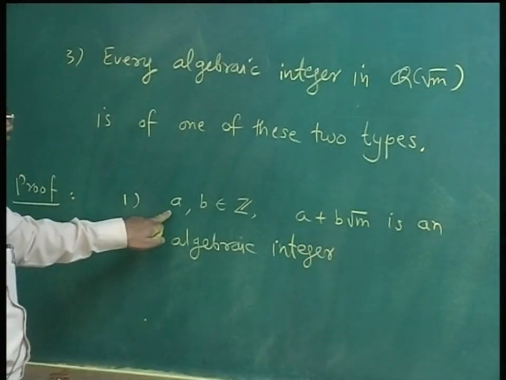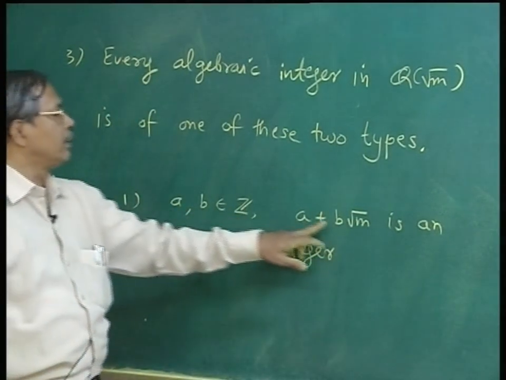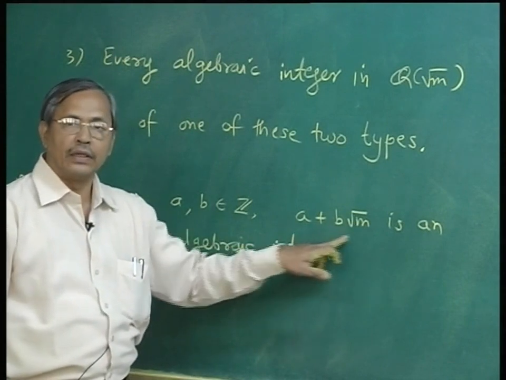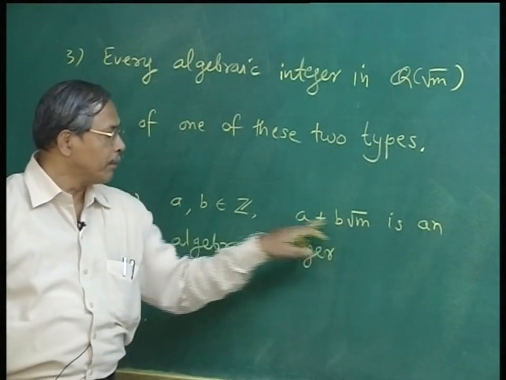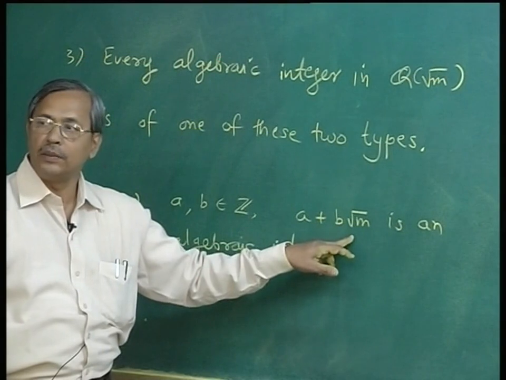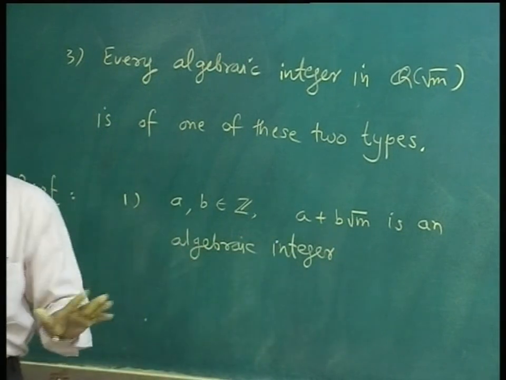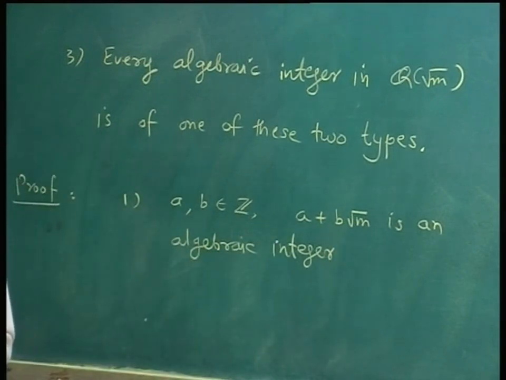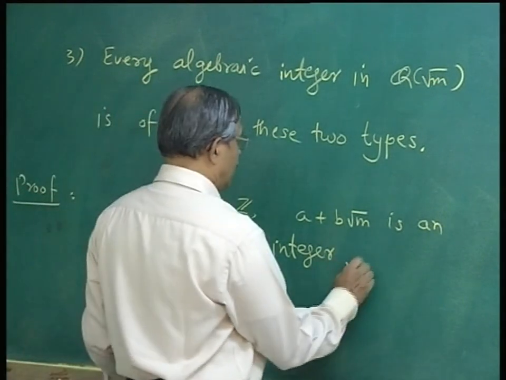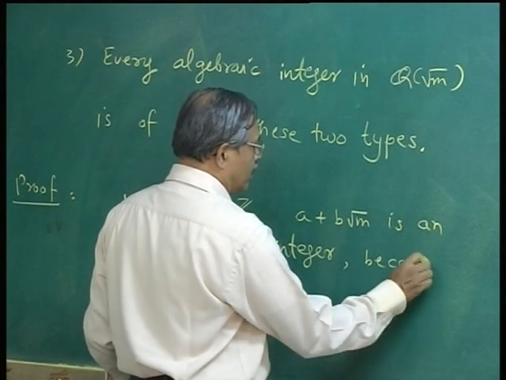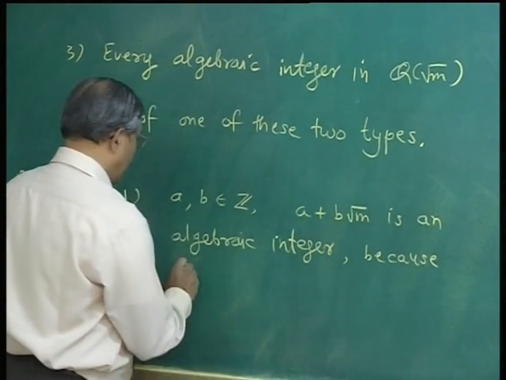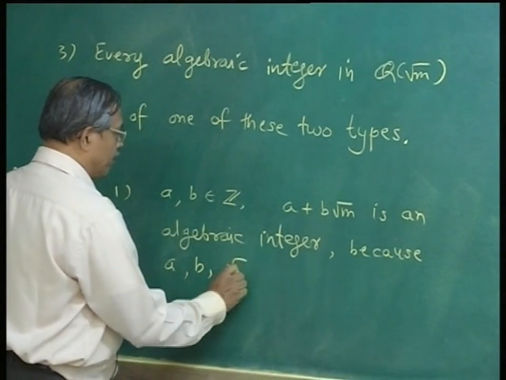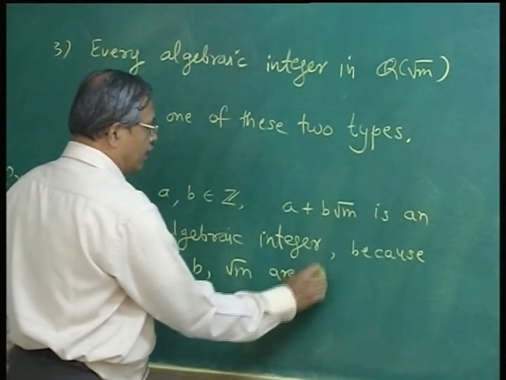Because a is an algebraic integer, b is an algebraic integer, root m is an algebraic integer, and so b into root m and a plus that, they are all algebraic integers. So the sum and product of algebraic integers is an algebraic integer. Therefore, a plus b root m is an algebraic integer, because a, b, root m are algebraic integers,